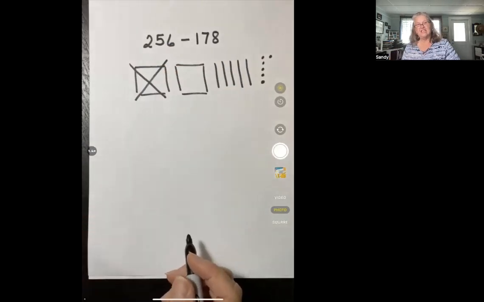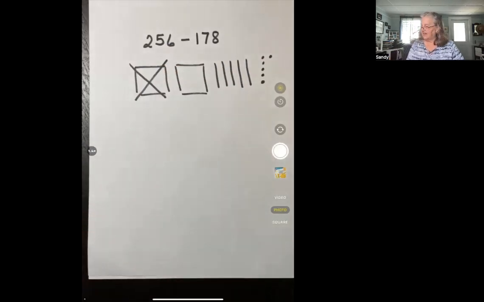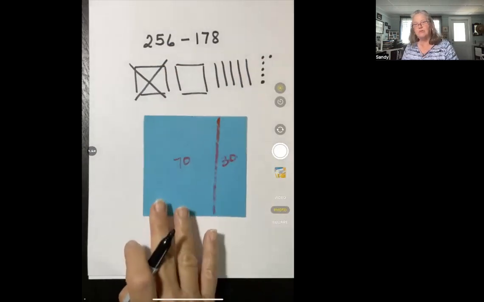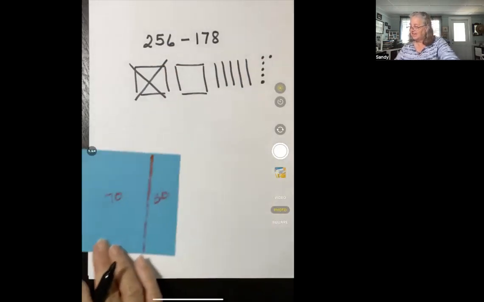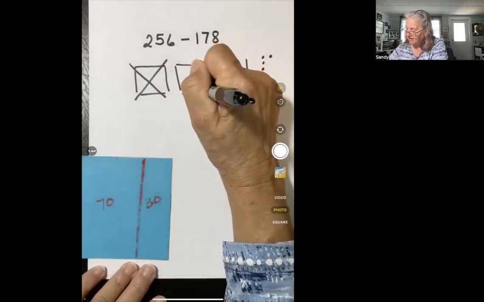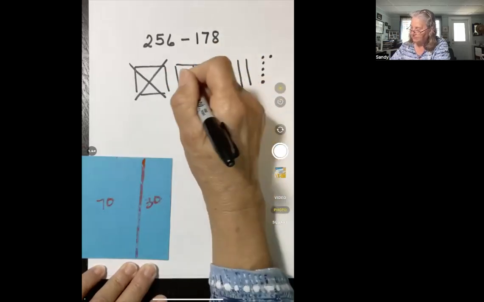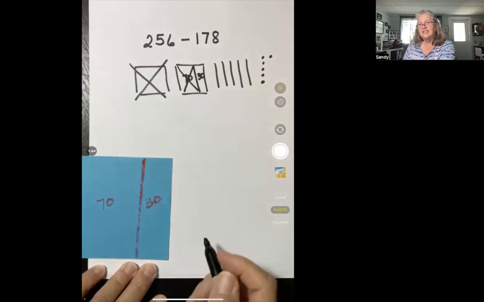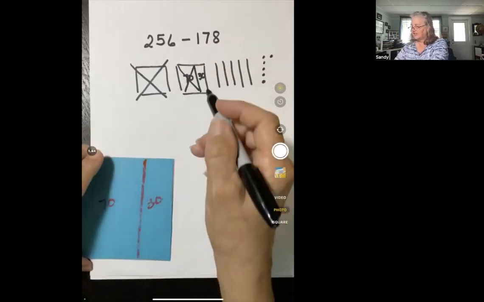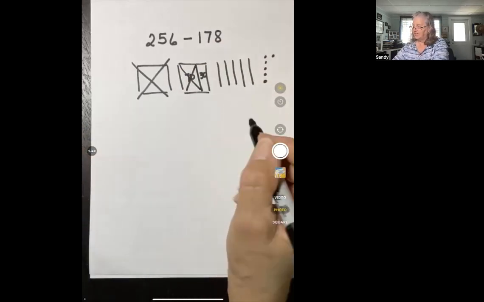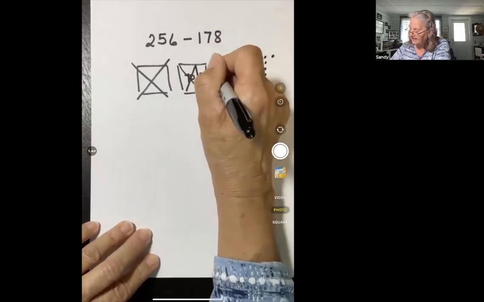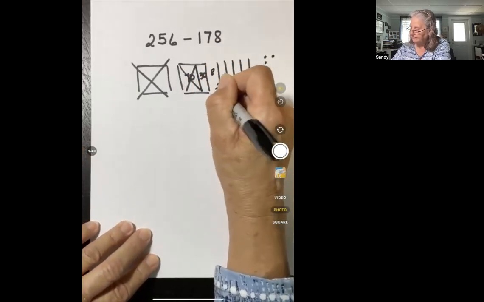Removing the 70, now I don't have 7 tens, but do you remember what I showed you here? I could cut this into 70 and 30 and remove that 70. Just like I cut the 100 into 70 and 30, I could cut a 10 into 8 and 2 and